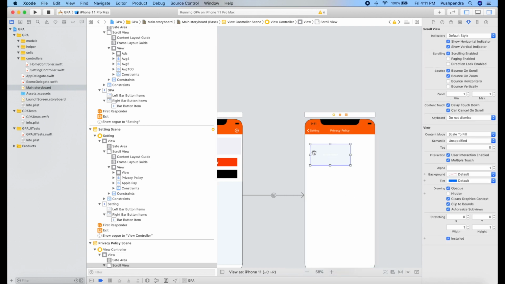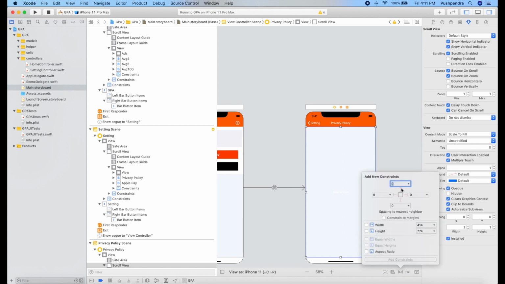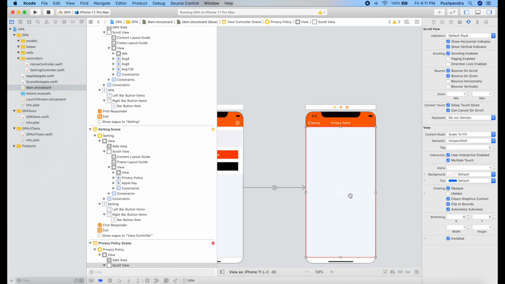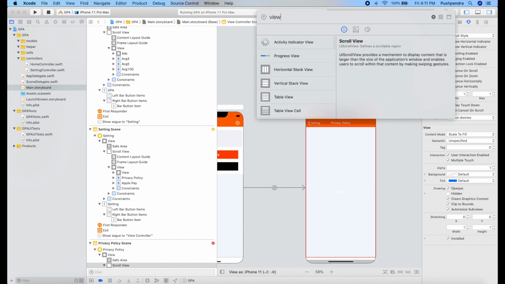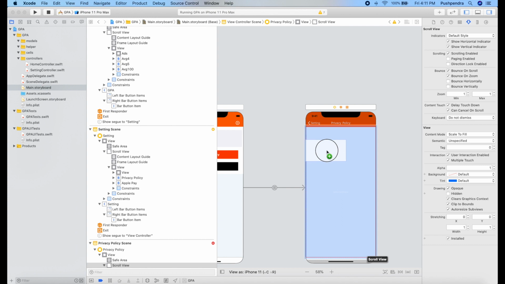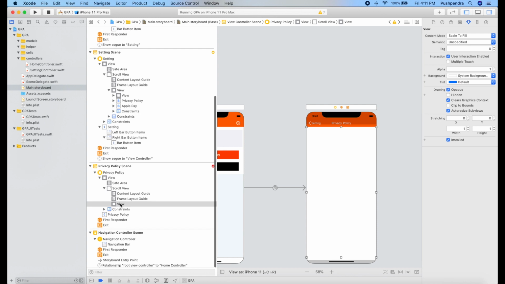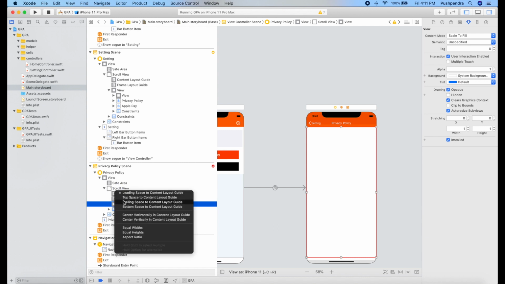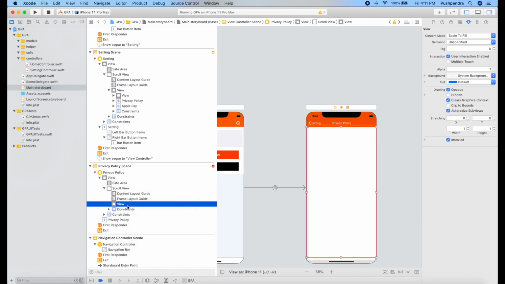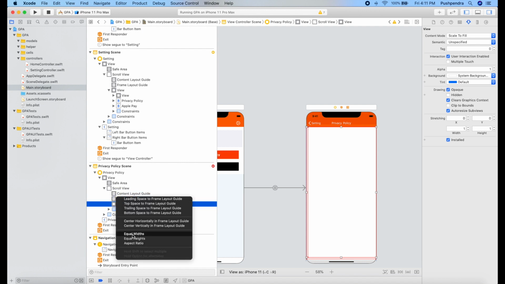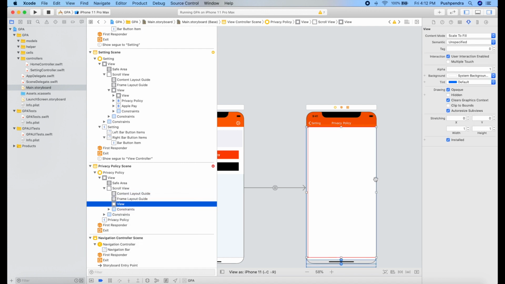Same thing, I'm going to take a view controller, because a view controller is mandatory, because we don't know if the user is running his application in portrait mode or landscape mode. You must understand how we can use a scroller view. If you are not understanding how we can use it in this video, I have already created lots of videos on scroller view on my YouTube channel, so you can visit and check there. And here also you can understand embedding. A scroller view can have only one child, and only one child. There is no if else condition, okay? So keep that in mind.